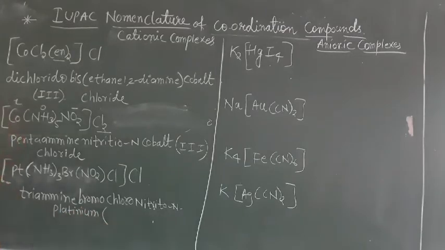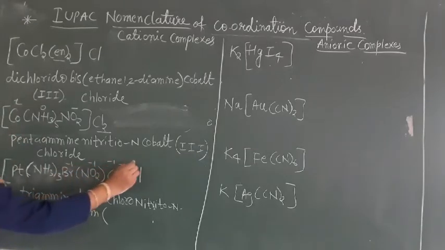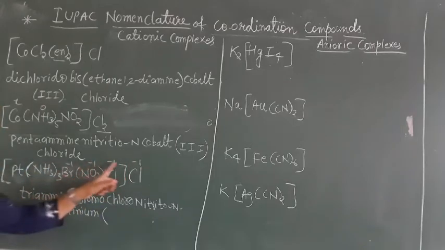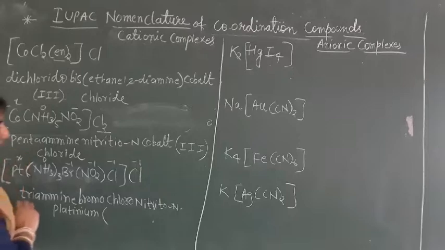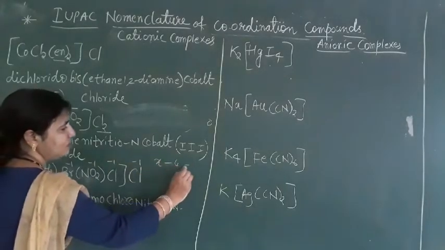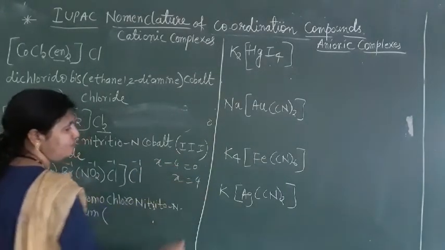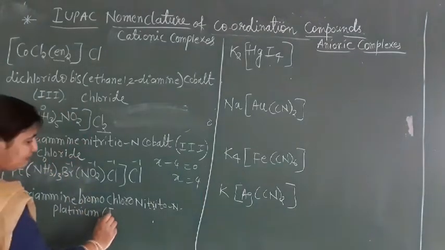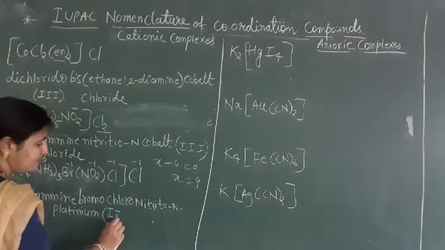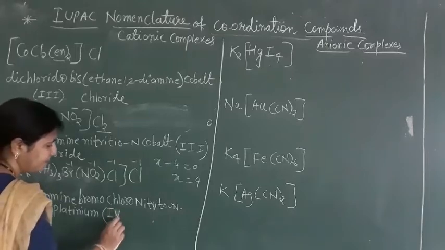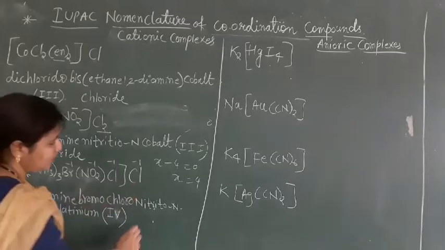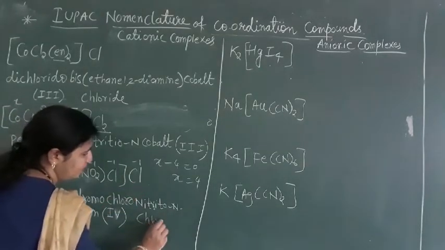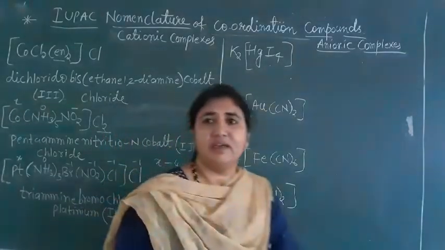Now the oxidation number. What will the oxidation number be here? See, this is -1, this is -1, this is -1, this is -1. Totally how many? 4 minus 1. NH3 is 0 here, and platinum is X. So X minus 4 is equal to 0. So X will be 4. So the oxidation number will be 4. Write it in normal numbers, 1 and 4, like this. Next what remains here? Chloride. Write that chloride down here, like this way. Okay.